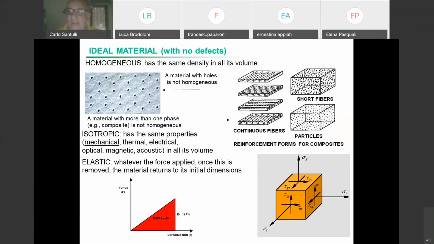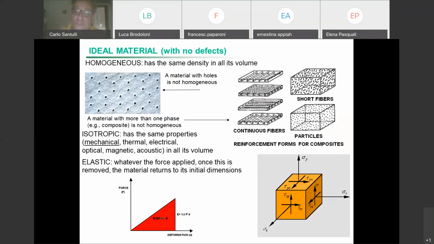There are two other characteristics for an ideal material. Remember, please, that as every ideal, as the ideal gas, or any ideal, even an ideal person, the ideal doesn't exist, doesn't fully exist. You may imagine that it exists, or you may consider that there are some materials that are close to the ideal, but an ideal material doesn't exist. And I'll show you briefly also why it is so.